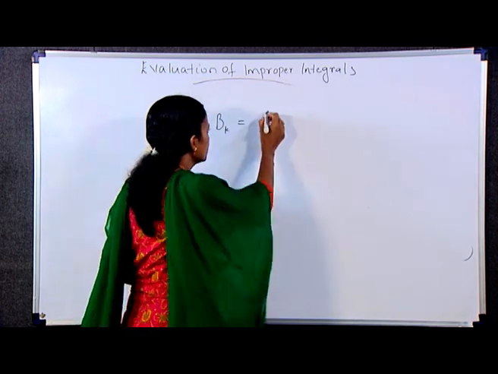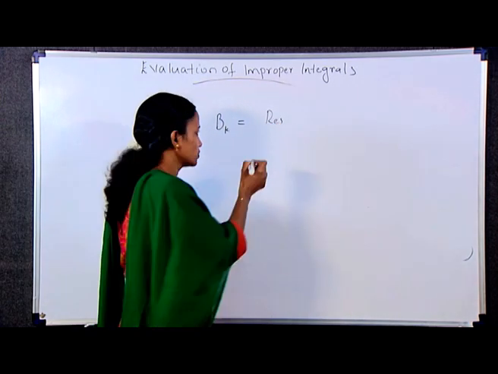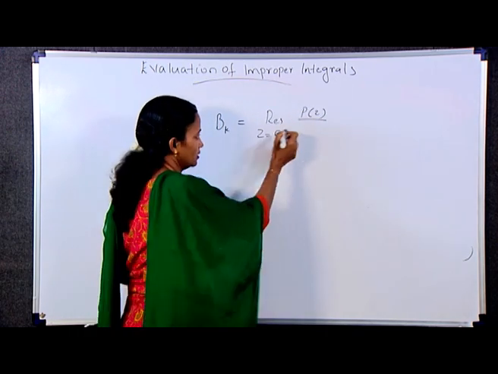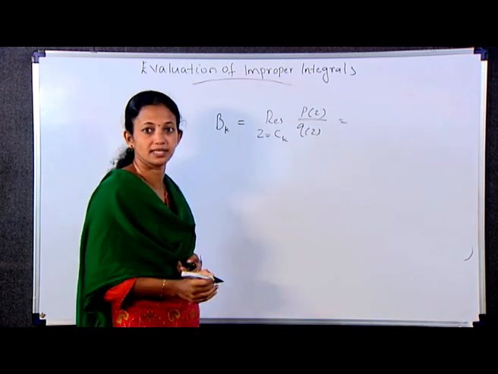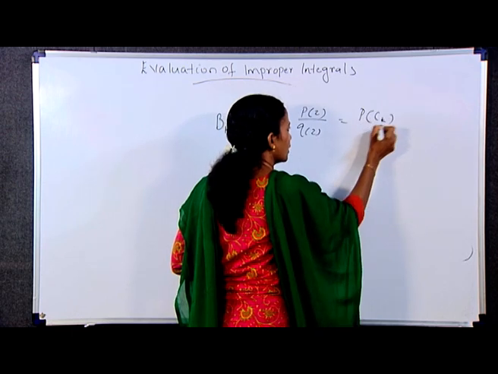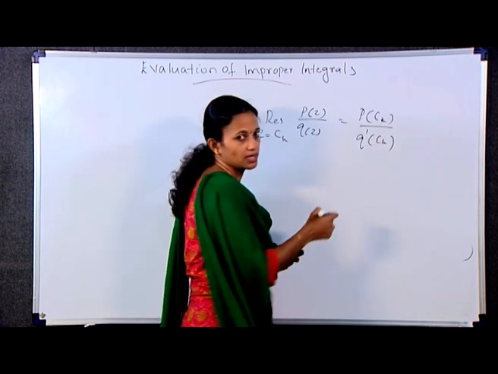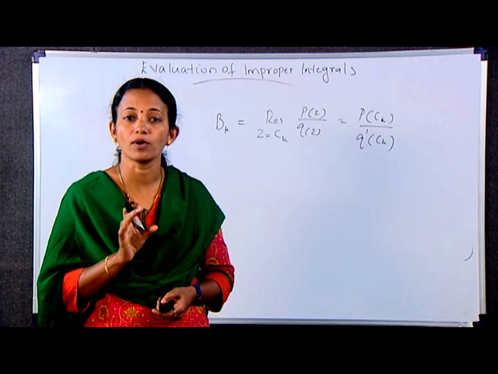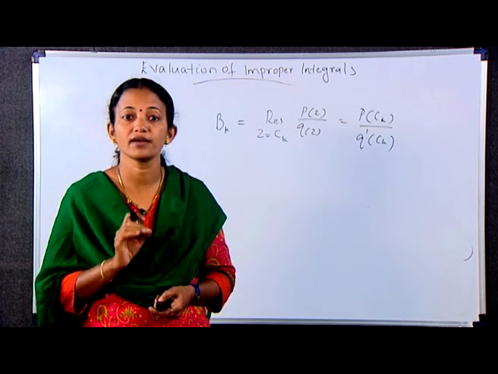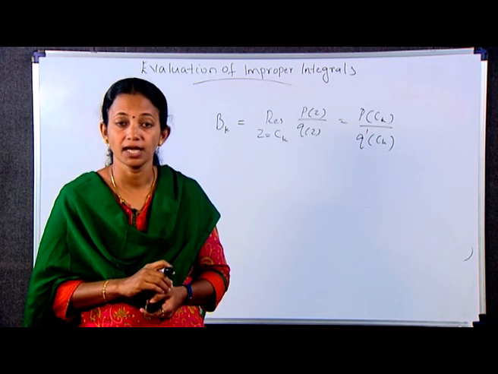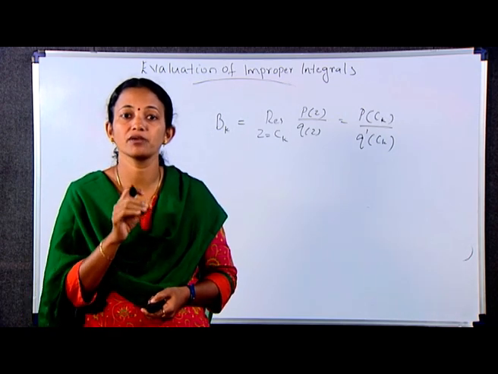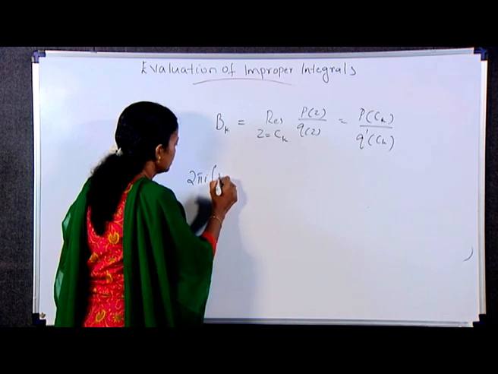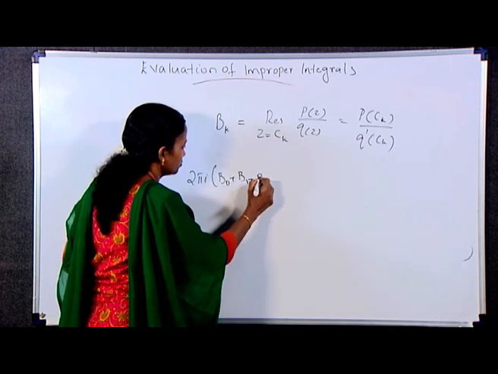That is residue at z = Ck, that is P(z) by Q'(z), or this can be written as P of Ck by Q dash of Ck, which is equal to Ck square by 6 Ck raised to 5, which is equal to 1 by 6 Ck cube, where k varies from 0, 1, 2. Thus, 2 pi i into B naught plus B1 plus B2 can be written as